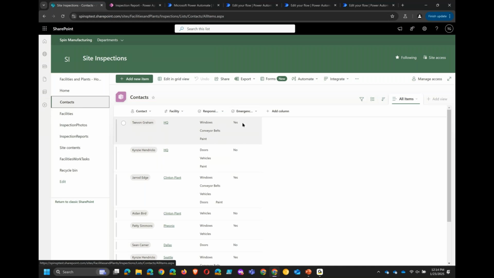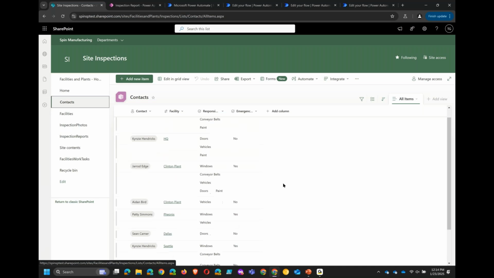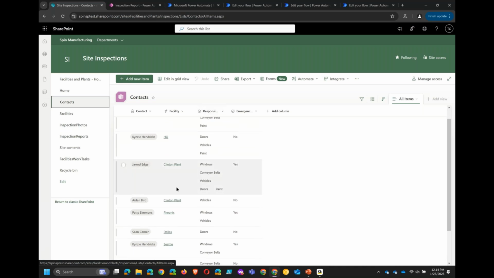So if something's going really wrong, I should be the one we reach out to instead of Kinsey. If it's a door, a vehicle, or paint issue that's not an emergency, then we should reach out to Kinsey. Same story with the rest of these contacts. You'll see they all are marked with the facility they represent, whether they're the emergency, and what their actual areas